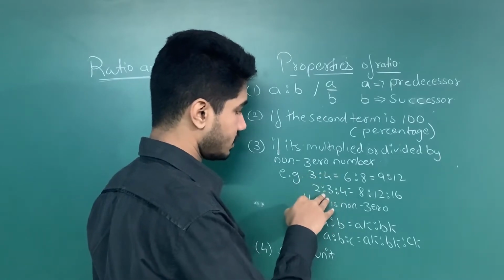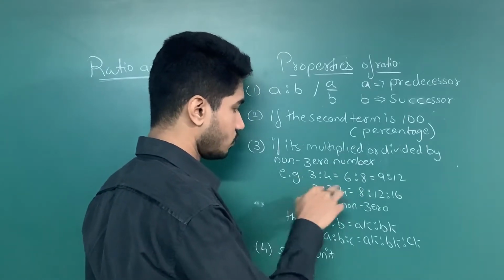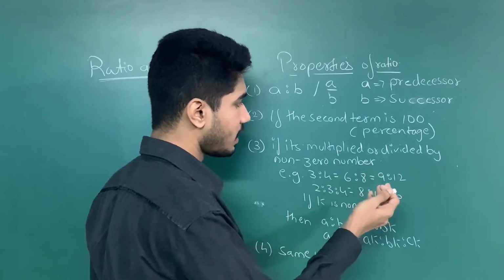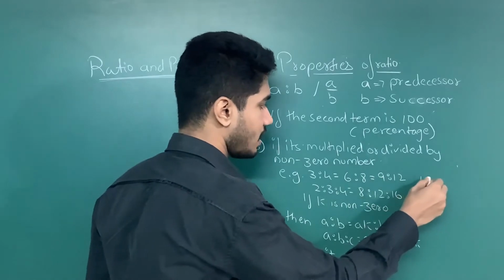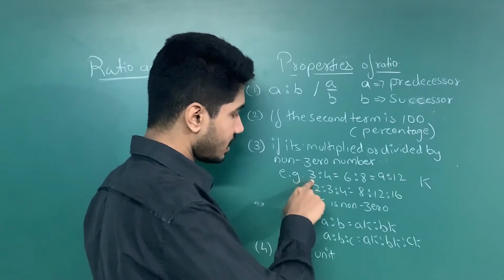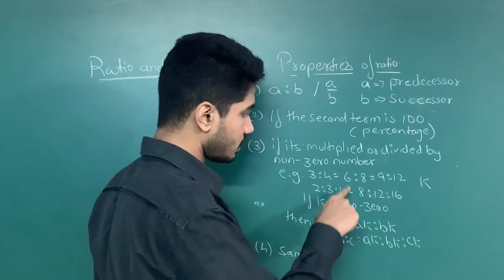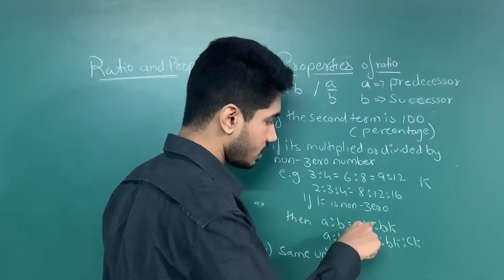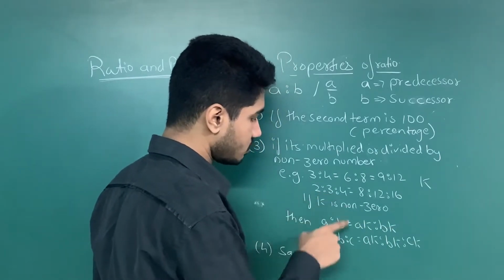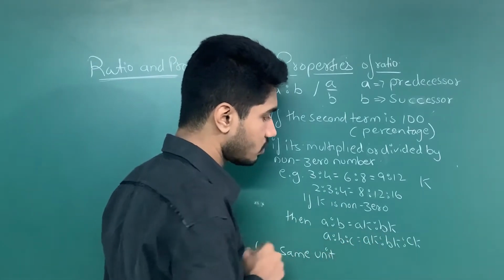Let's take another example. That is 2 is to 3 is to 4. So there are 3 terms in this ratio. So I multiplied by 4. That is, 2 4s are 8, 3 4s are 12 and 4 4s are 16. Well, in this case, the multiplier or the divider is considered as k. If k is non-zero, then let's take this example as 3 is to 4, written as A is to B. So for A is to B, the multiplier can be written as A into k is to B into k. But in case of the other example with the 3 terms, it can be written as A into k is to B into k is to C into k.